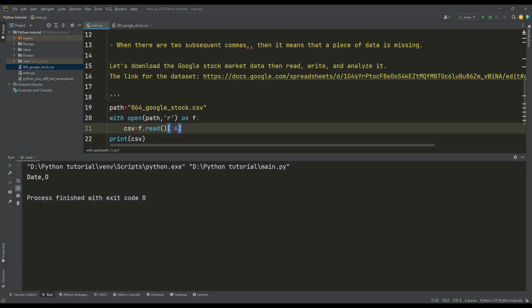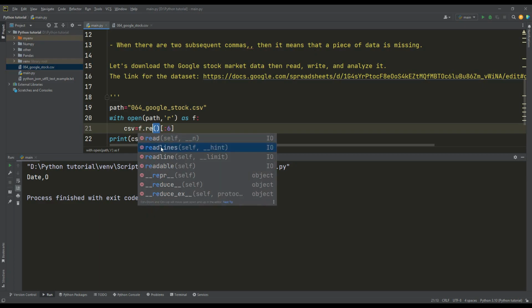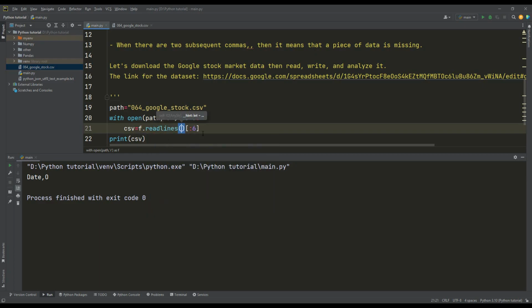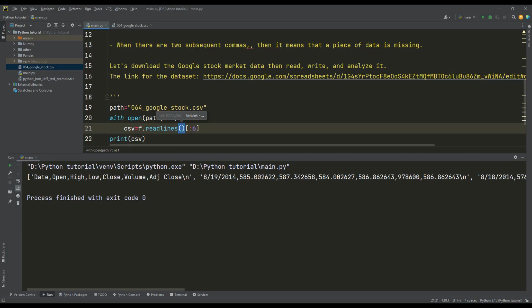But this is not good practice if you want to print line by line. Then we go, for example, for readlines, which is the second option that I want to highlight. I execute this. Then what readlines does, it reads the text, the CSV file, and it converts each